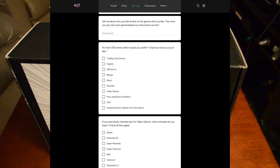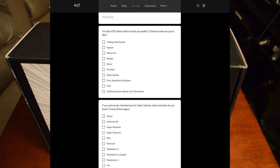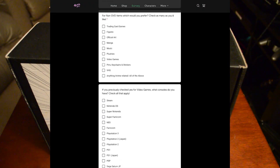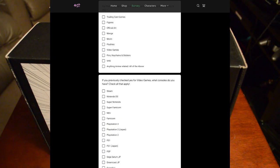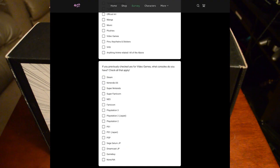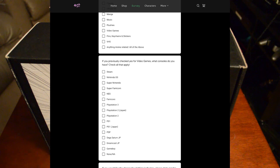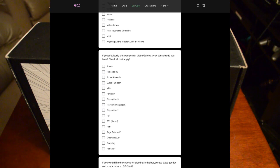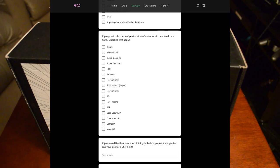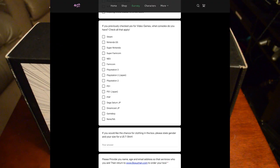That's fine, because you can also get plushies, you can get manga, you can get VHS tapes, keychains and stickers, potentially a t-shirt, potentially a video game. I have gotten a One Piece Game Boy Color video game imported in here before. Those are usually anime-based games. Like I said, like a One Piece game or Dragon Ball Z, Naruto, something like that. I mean, you're not going to get like a Mario in your box most likely, but I don't know. I have Retro Game Treasure for that, so